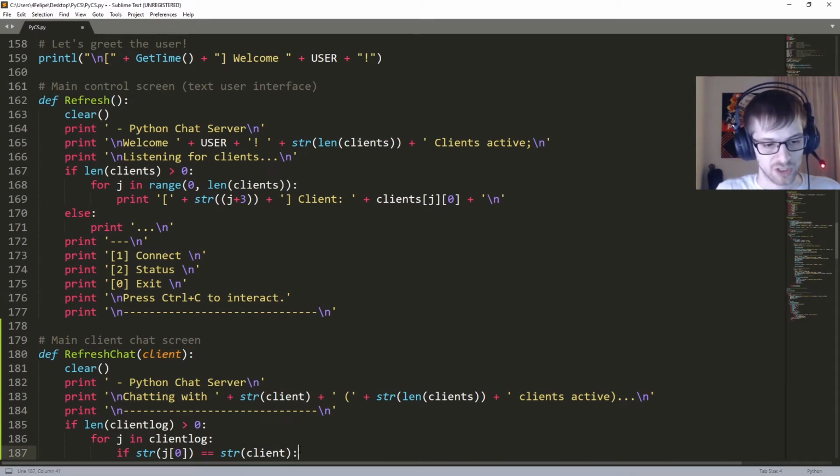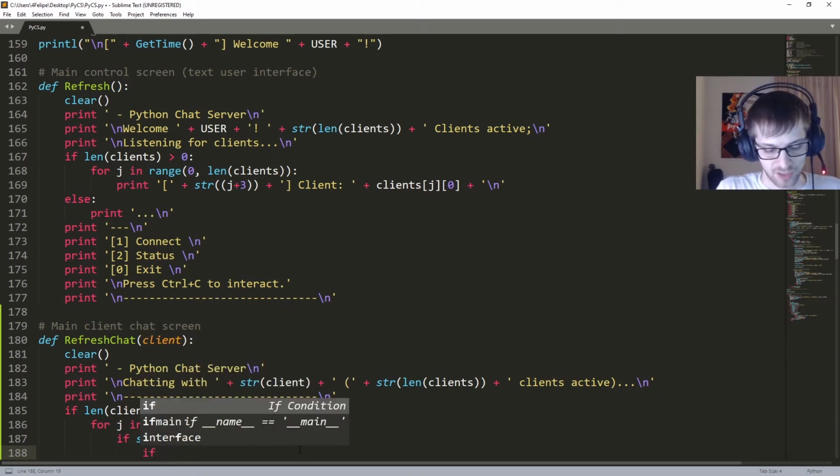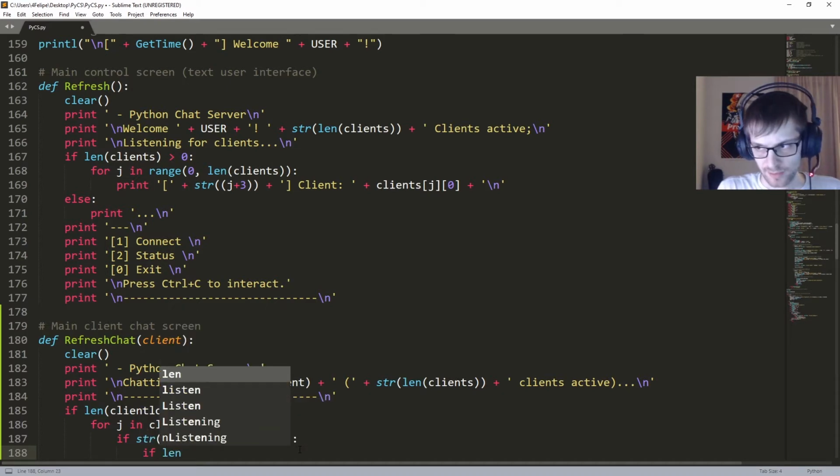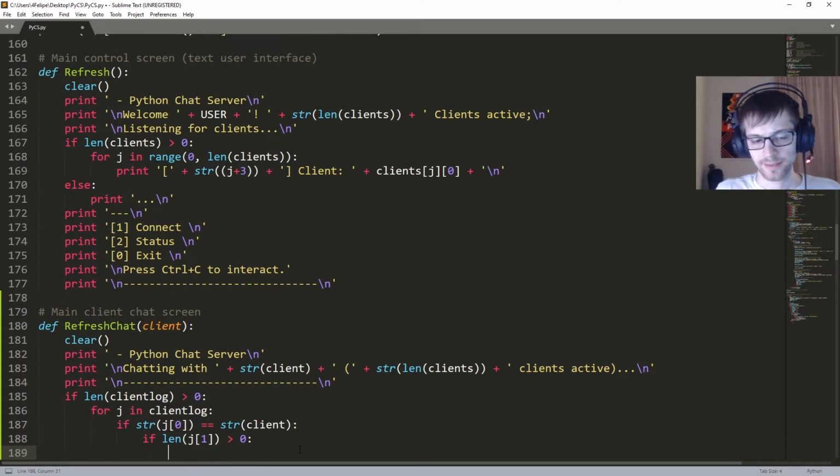So if we match it with the client, and then we should check if inside of that, if the length of the other list inside of the client is greater than 0, right? Because it's a list inside of a list. Then we're gonna have to do another loop. So we'll do for k in J1